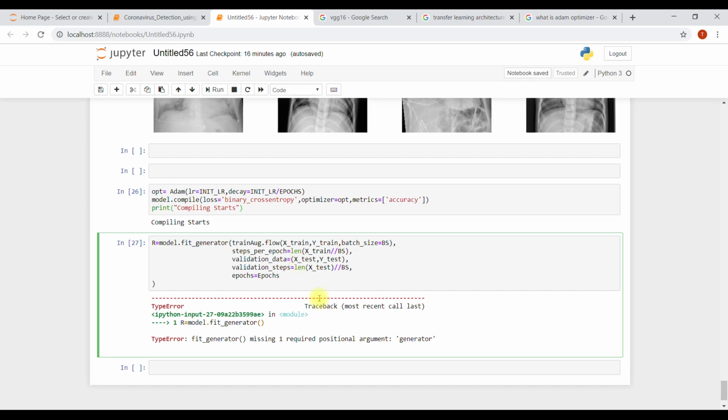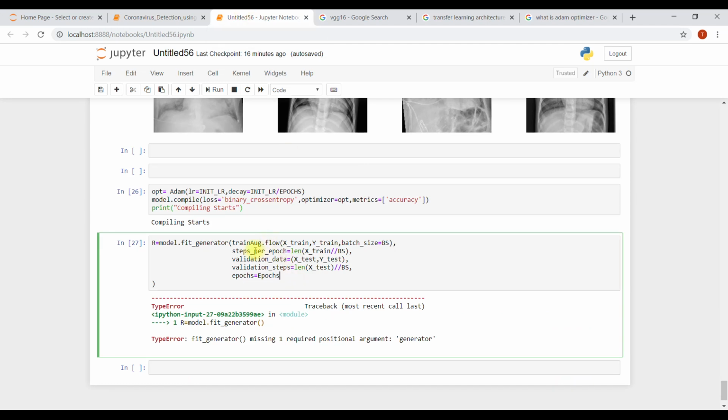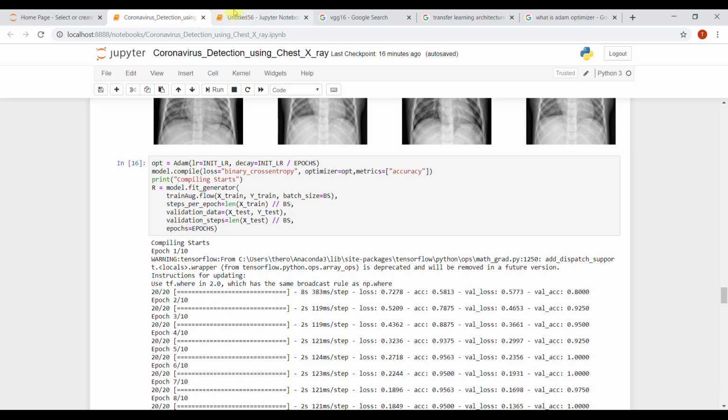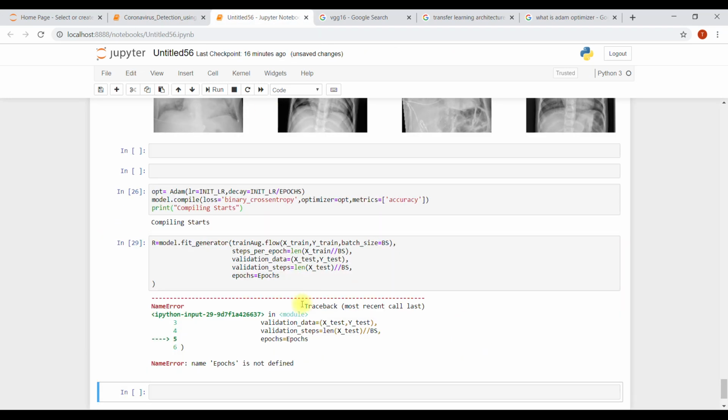Let me cross check model fit. Model fit generator, train augmentation dot flow X train, Y train, batch size, steps per epoch. Okay, I think everything is good. Let me try to run this.